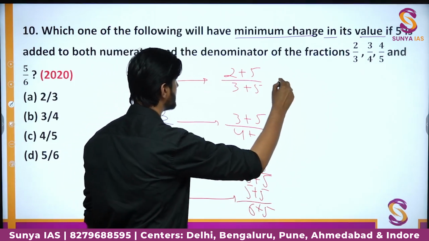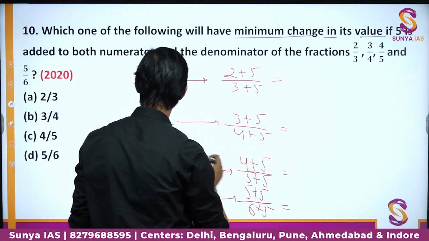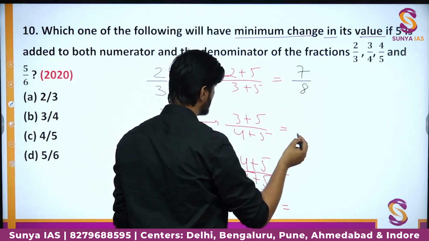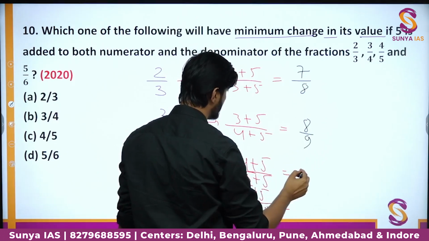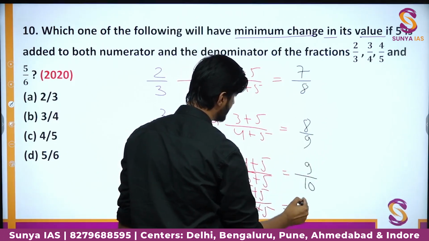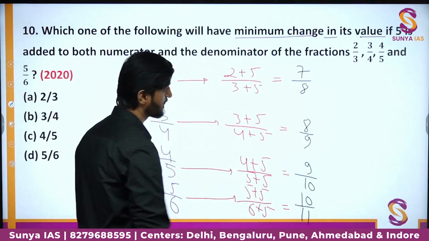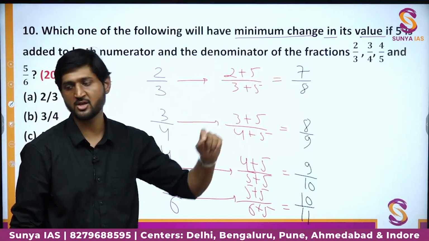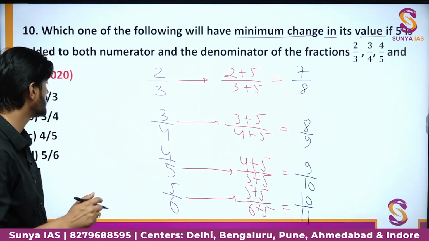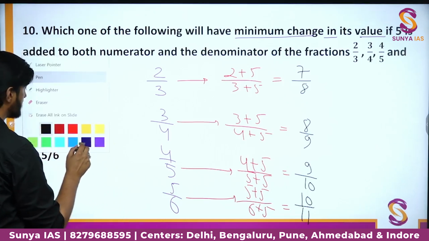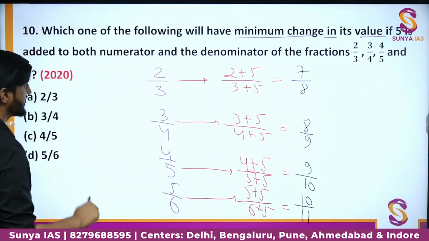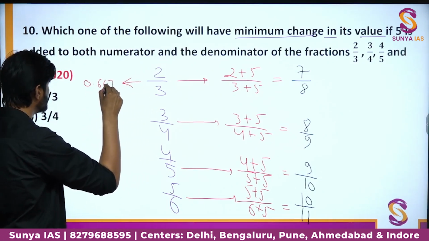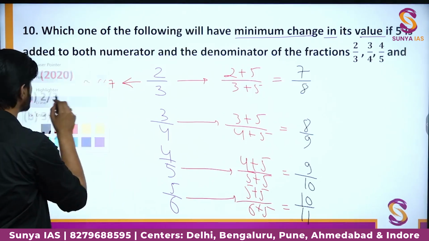So, the new fractions will become how much? In all the cases you can see the new fractions will be 7 by 8, here it will be 8 by 9, here it will be 9 by 10, and finally, here it will be 10 by 11, right. Now, we have to tell in which fraction there is the minimum change in value. So, that is something you have to do in numerical terms. We just try to figure out what each fraction means. So, 2 by 3 when we divide it becomes nothing but 0.667 in terms of a decimal value, or 0.66. You can take a simpler value just for the situation.